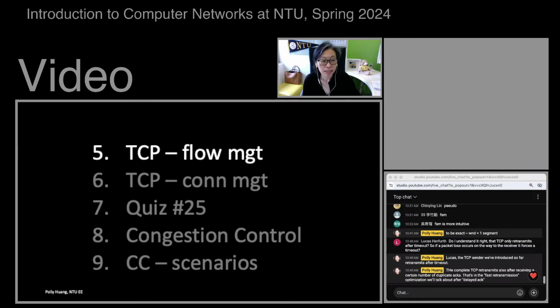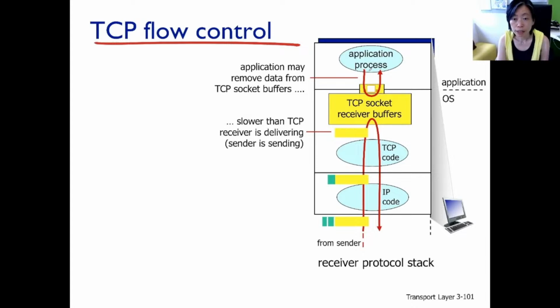Okay. Next, two mechanisms to support TCP's reliable data transfer mechanism. First is flow management, or flow control. That is to decide the window size at the sender. And this mechanism explains why we need a receive window in the TCP packet header. If you recall, there's this receive window field in the packet header, so pay attention to the video, about 3.5 minutes. And that takes us to the flow control of TCP.